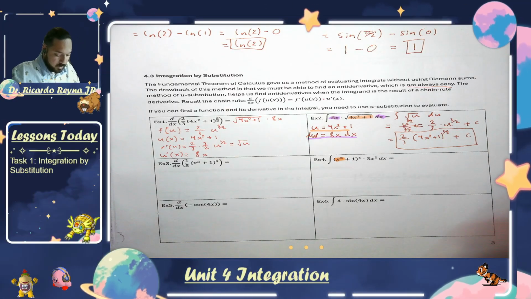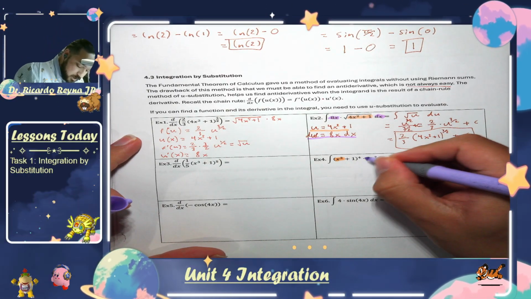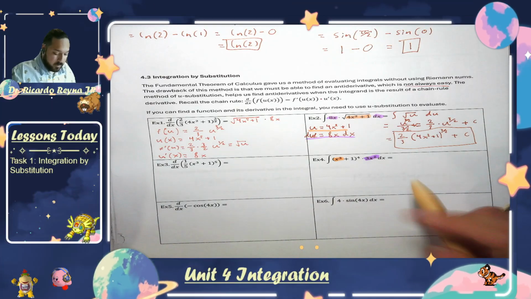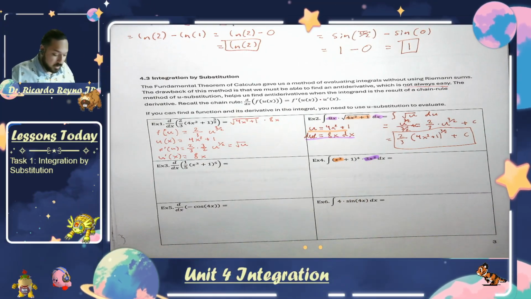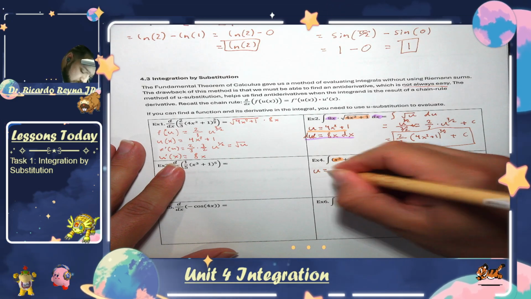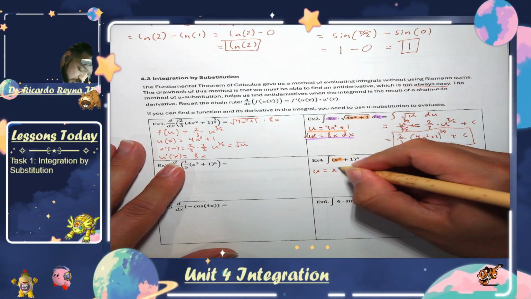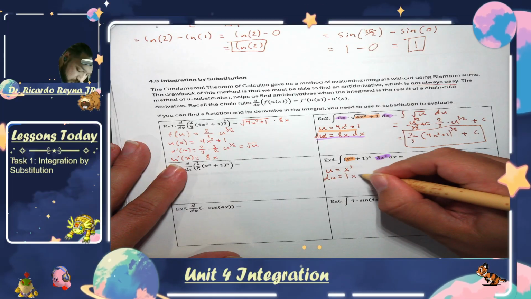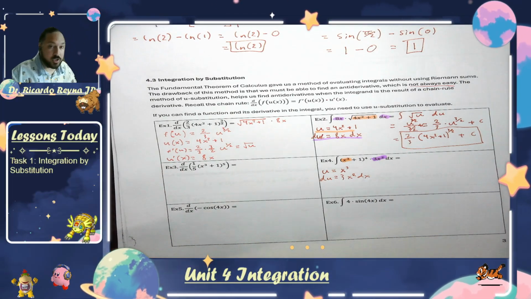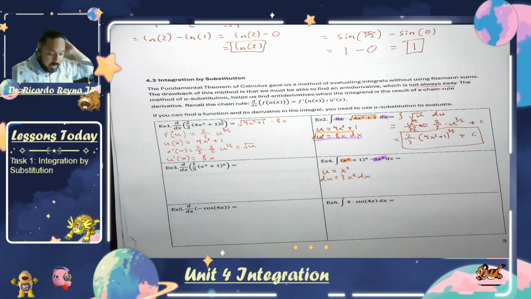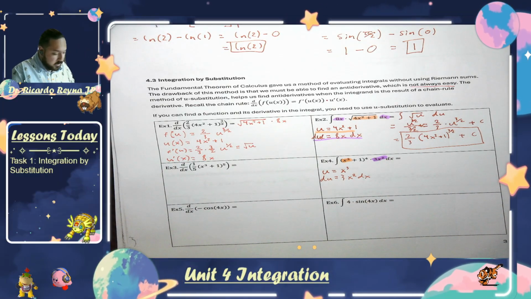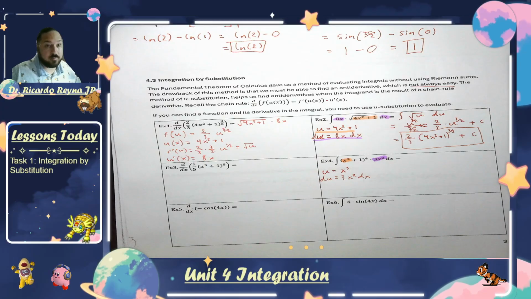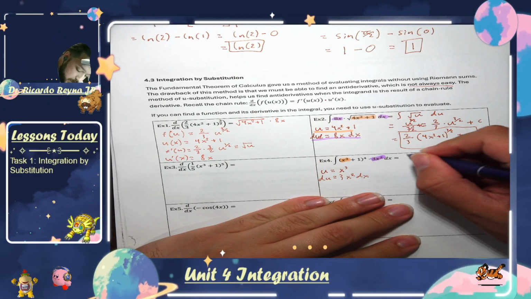x cubed, its derivative is 3x squared. So you know that, okay, well, there's some substitution that you can do here. Now, granted, if I do u is equal to x cubed, and du is equal to 3x squared dx, keeping the notation of the dx alive, you can see that the substitution, let me use an erasable pen for this, would be